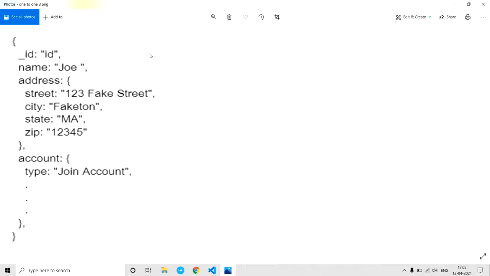So if we have 15 one-to-one relations like address, account, etc., and if address is the one which is most frequently used, we can put address into the user collection, and the rest all in other collections, guys. This is what subset pattern says. In this way we can improve the performance, because we are pretty sure that out of 15 relations, only one relation is widely used whenever we display user information. So that is address here. So let's embed it directly into the user collection.